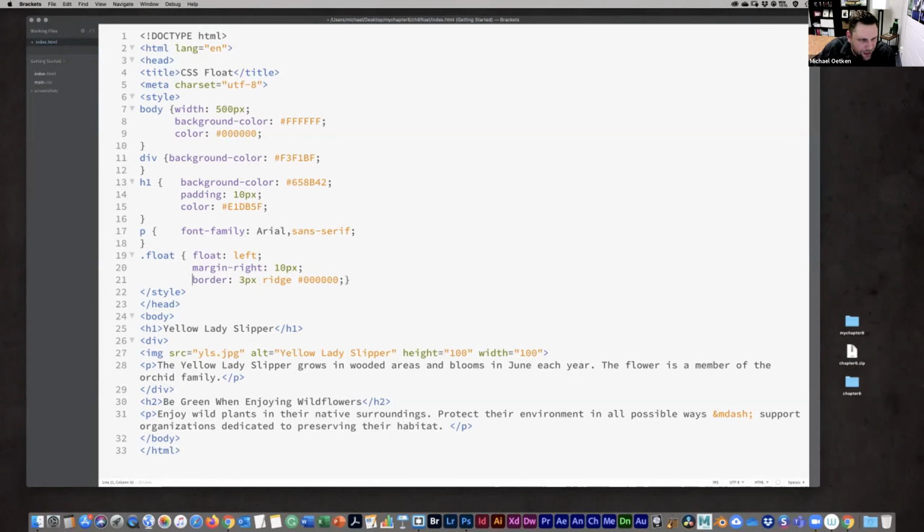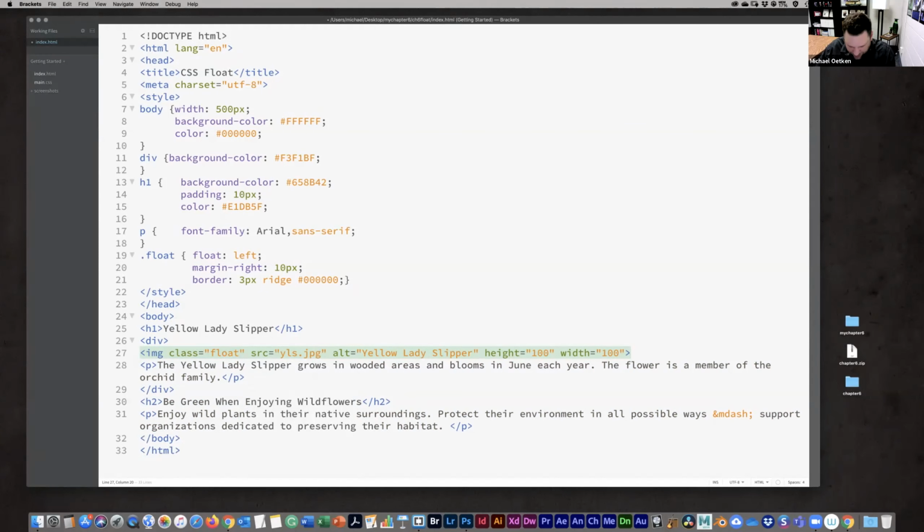So I'm going to go down here into my image source line. And right after the IMG, I'm going to add in that class. So we're going to tell it class equals, and then quotation marks, I need 2 there. We named it float, so we'll just add float. So basically we just added that class code there to the image.